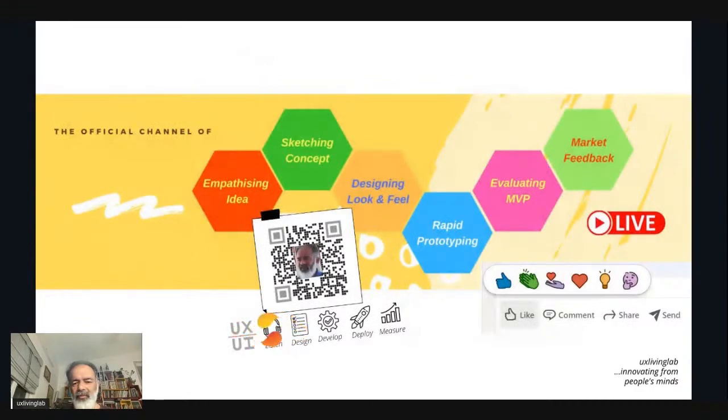I'm Thomas. I talk about innovation journeys. The innovation journey starts with empathizing ideas, sketching concept, designing look and feel, rapid prototyping, evaluating MVP, and market feedback. These are the main stages of the innovation journey.